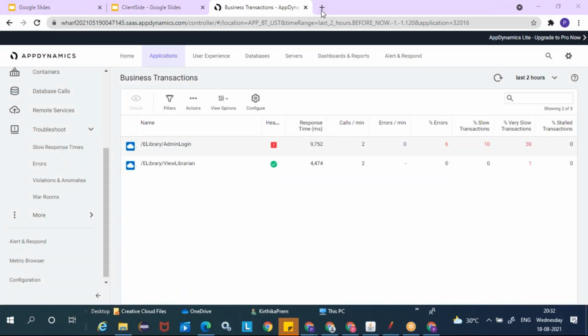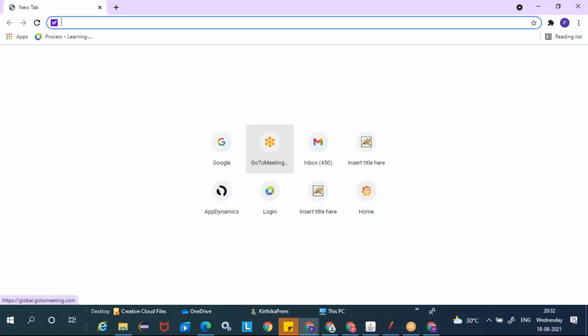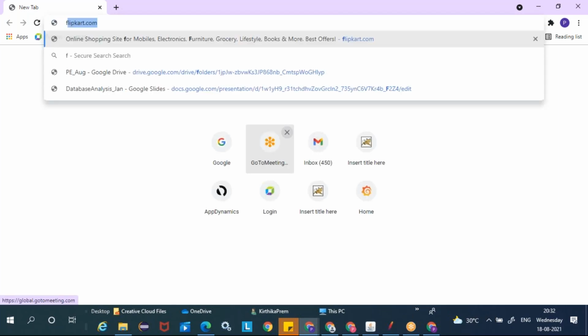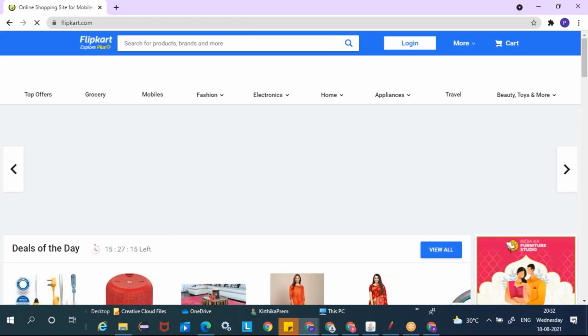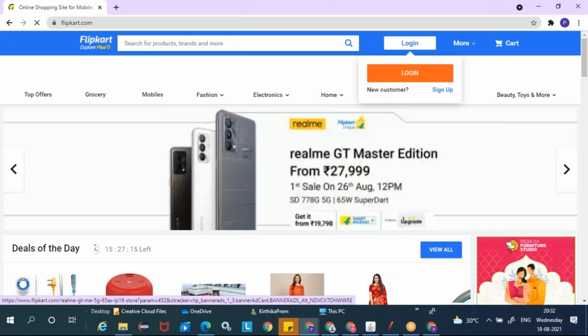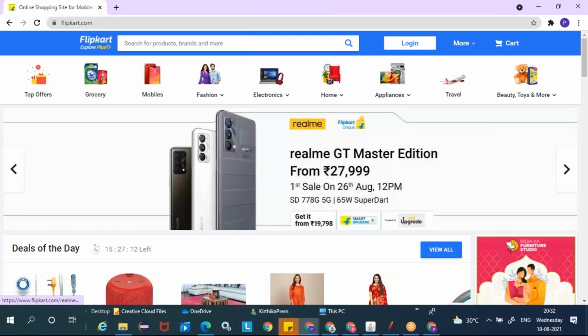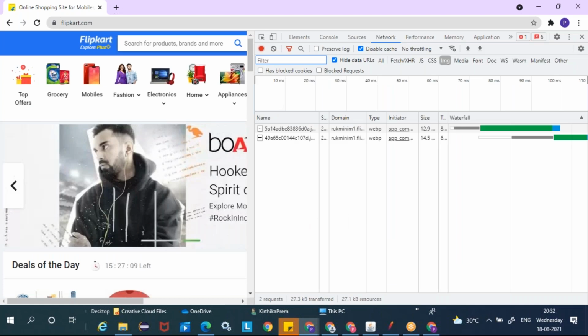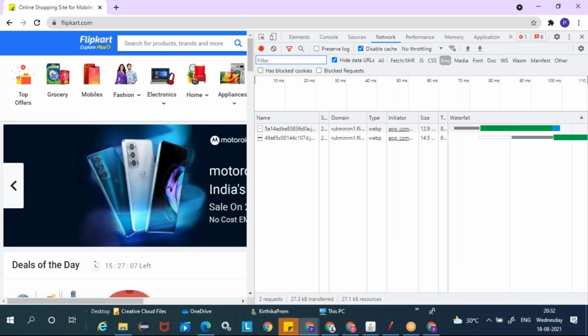Let me open it. Let me open the site, flipkart.com. I'll clear the data.